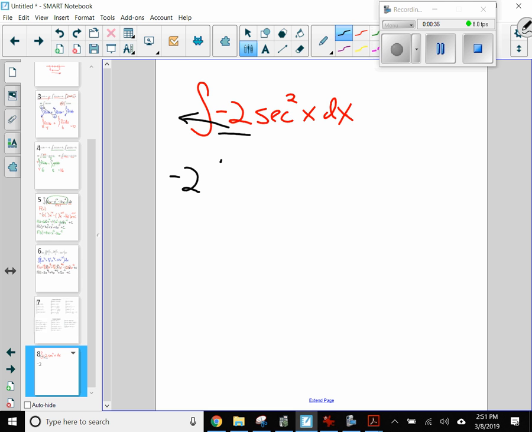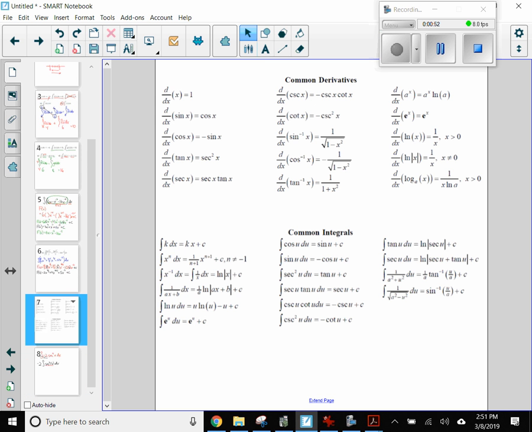So -2 integral secant squared x dx. So my function, my integrand, is right there, my secant squared x dx. So I'm going to go back to my derivative sheet and say, well, which one of these derivatives ends up with secant squared? Oh, and I see that it's tangent x. And actually, if you flip your derivative sheet over, you will notice that the indefinite integral of secant squared x is really tangent